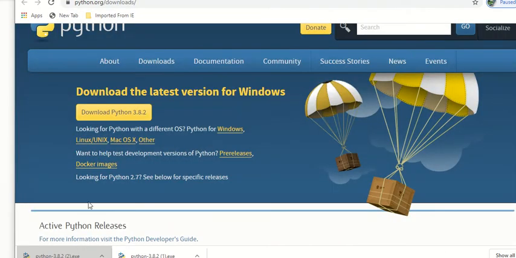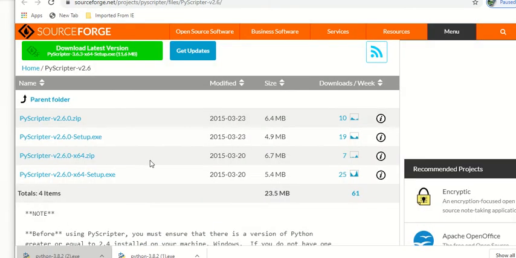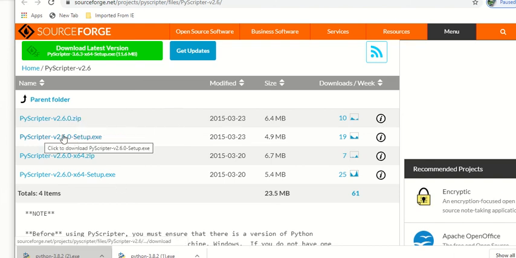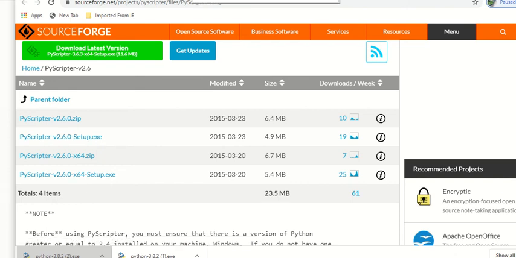So I'm now going to Pyscripter. The zip file allows you to put it onto a memory stick and use it in a mobile way. Just plug the memory stick into a computer and you can use Python from the memory stick. But I'm going to install. This is a 64-bit edition there. I'm going for 32-bit because I know that was what Python was. So if I go to 32-bit here,